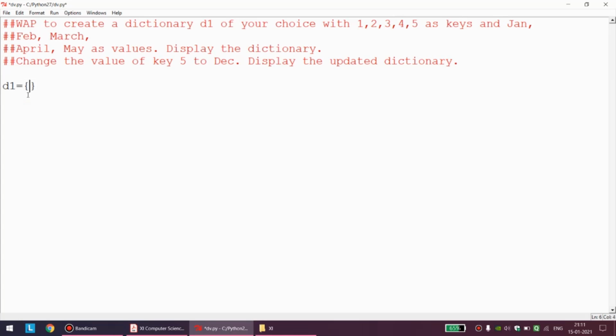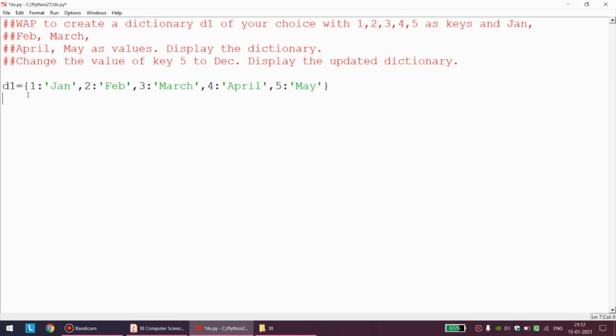Correct. So suppose I want first key. Here it should be January. Remember, it is a string. January is a string, so it should be enclosed in single quotes or double quotes. Colon, Feb, colon. Remember, between each element of dictionary there has to be a comma. And as I already told you, unlike other data types, dictionary has no linkage with the method of indexing. Everything is based on access based on values. Okay, so I think this is done.